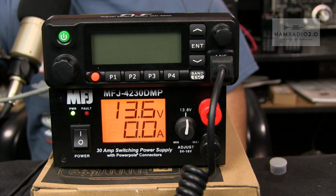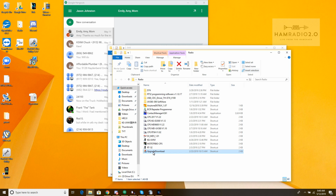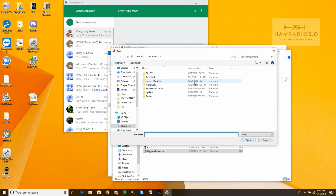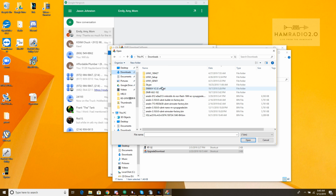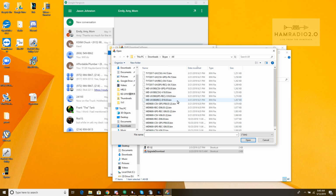So now I'm going to come over here and run their upgrade download firmware. Let's see. This one right here, upgrade download. And I'm going to open file of upgrade and go find 6.03 CSV version. MD9600 CSV 6.03 bin. So the difference between, and this is not a GPS version of the